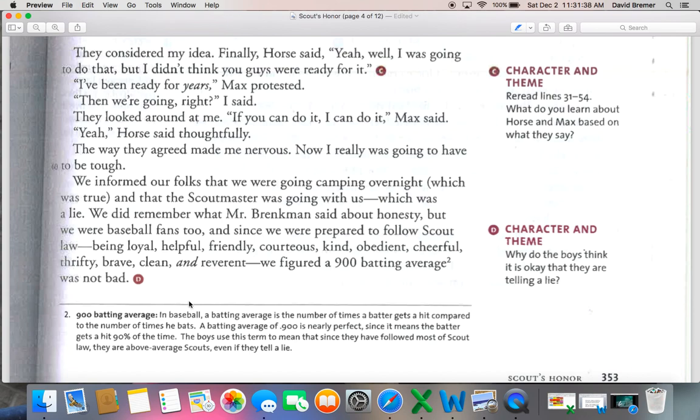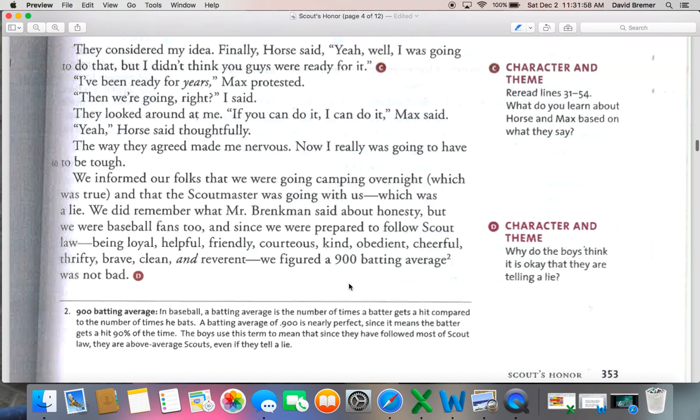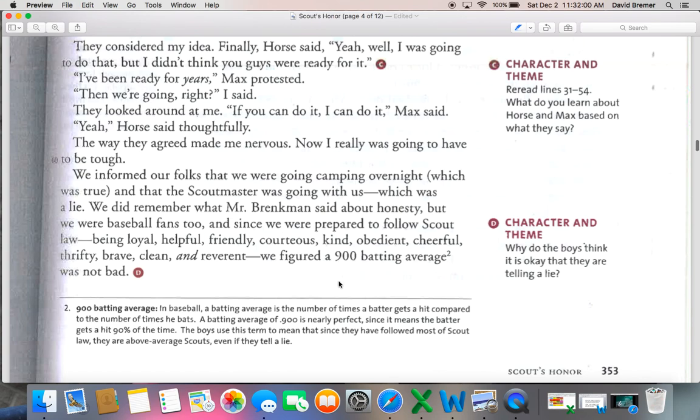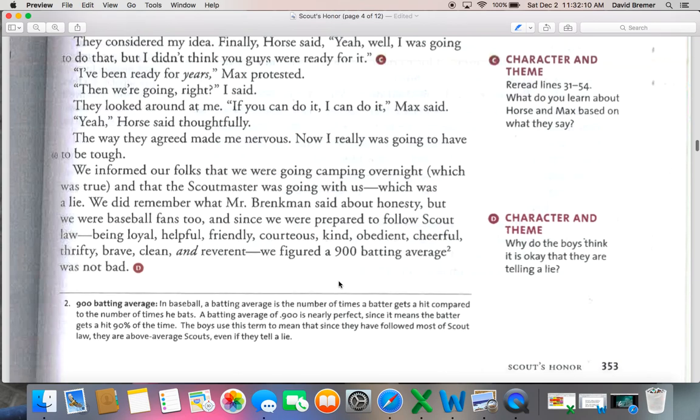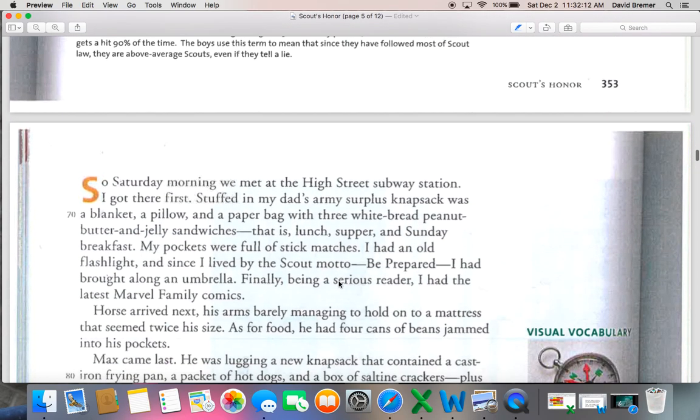Now, if you play baseball or softball, you know a little bit about batting averages. Batting averages take the number of at bats that you have, the times that you go up to bat, and factor in how many hits you have. A good Major League Baseball player hits in the .300s to .400 range, and a .900 would be a really good batting average. What they're comparing that to is, we were doing these nine other things right. This one thing that we're doing wrong isn't so bad because we're doing nine other things right. So it's kind of a unique way of thinking.